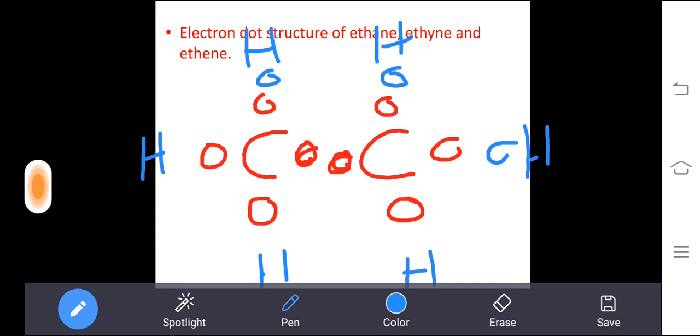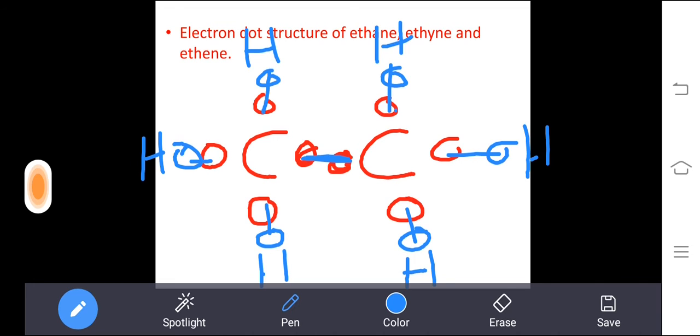You can use different colors to show the valency, to differentiate the valency, because if you use the same color means you can't identify the valency of hydrogen and carbon. That's all, students. So this is the electron structure. So now you can see, so this carbon it will share 1 electron with the hydrogen and it will make a bond, and here it will make a bond, and this carbon it will share 1 electron with the another carbon and it will make a bond. So like this we can draw the electron structure very simply.